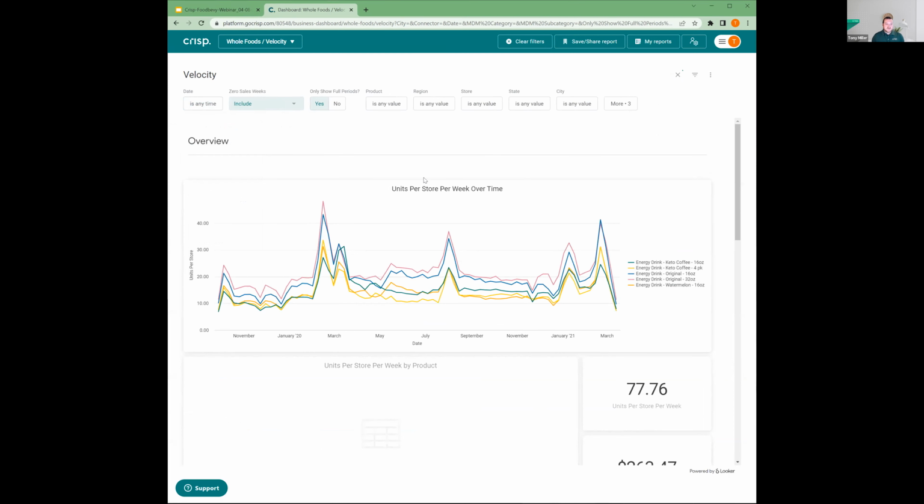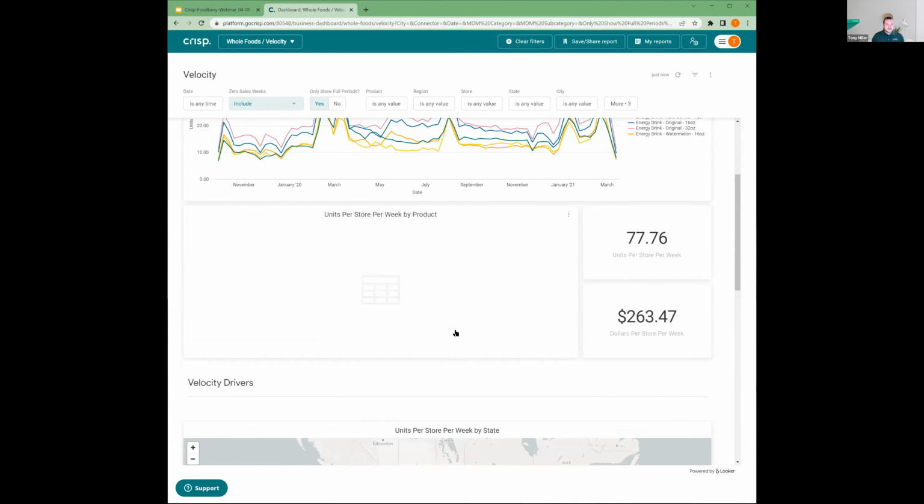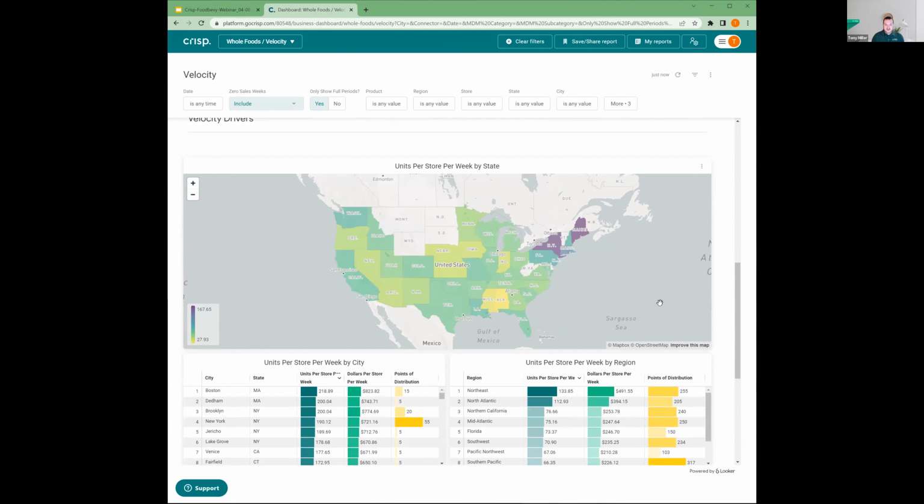This is where you'll see the differences up here. It's pretty much the same. We're going to have our product listing show up here in just a second. What are my velocities across these products? My heat map shows where my strongest states are within the Whole Foods network, to understand if maybe there are some other regional retailers to focus on in the Northeast because that's where our strength is. Or maybe within Whole Foods, we need to do some more sampling or advertising in these areas where things are a little bit slower,